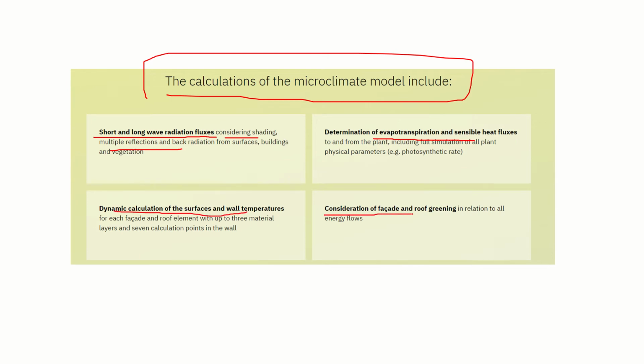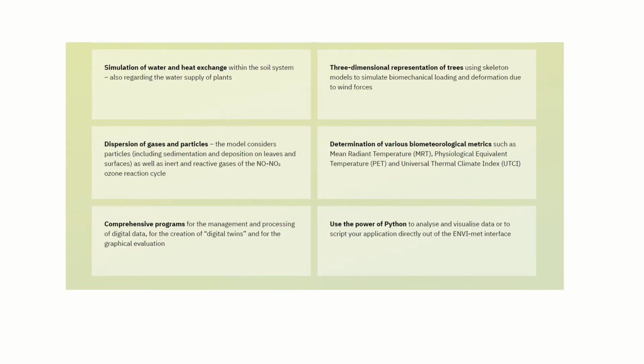Okay, considering facade and green roofing and how it will impact the overall performance of the built fabric. Water heat exchange, what is the equation between that? And if you remember, there's a book, right? I don't know about landscape students, but sustainable architecture students must be aware of the book by the name Boundary Layers, right? It's kind of a textbook for all of us to know how to understand urban climate.